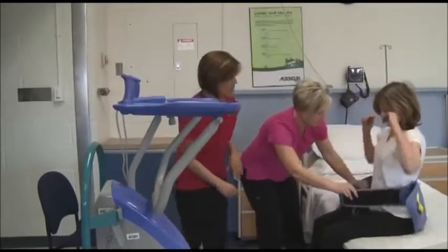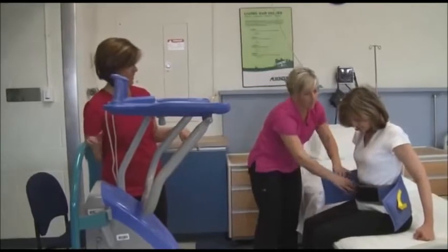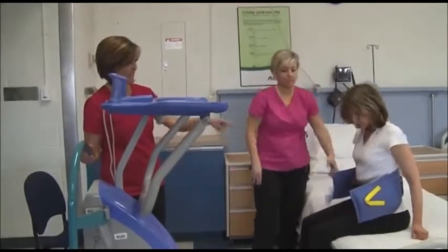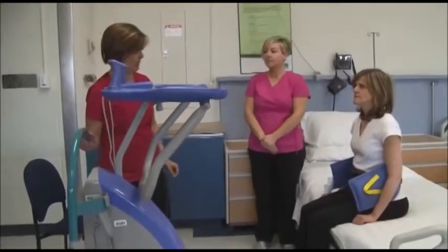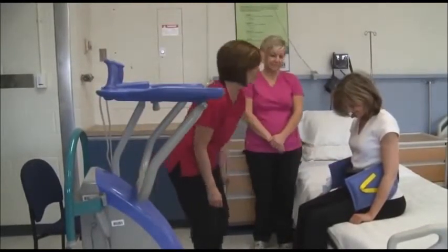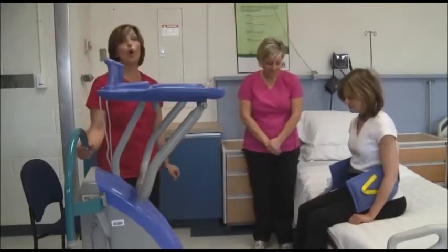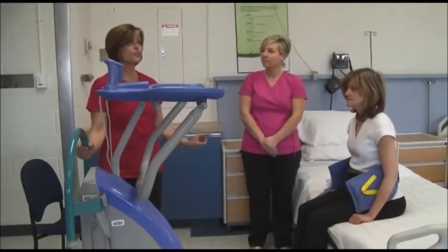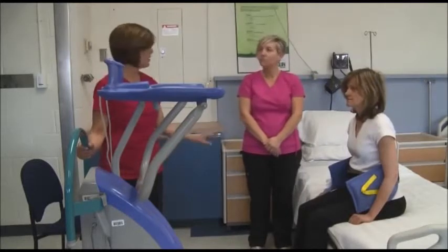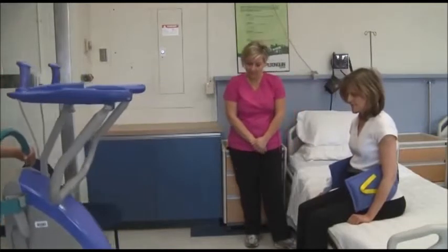And safety belts are measured according to size, and for this particular belt, yellow is the color that would suit Carmen best. The belt should be secure but not tight around Carmen's waist. Before we use the lift as well, clients should always have shoes on, sturdy shoes, not slippers, not soft feet. Okay, so I'm going to maneuver the lift,